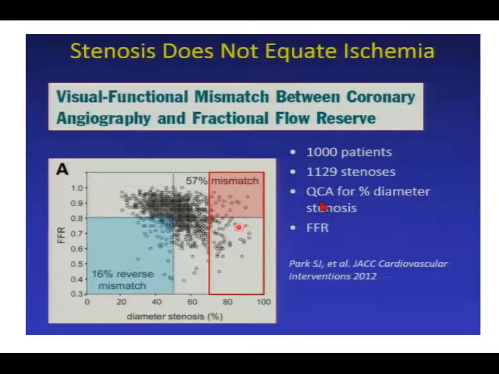FFR here puts these patients in the box where you would say, yep, stent these things, open this thing up, because they're having a critical pressure drop across that lesion. And then you have this sort of middling region here where you've got a lot of noise. So there's still a lot of professional judgment here. If you get this close to 0.8, it's close to 50% as to whether you're going to put a stent or